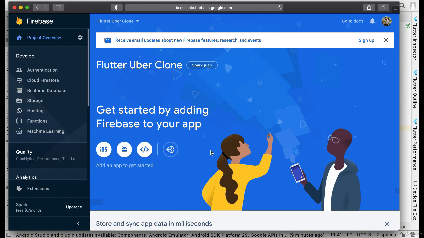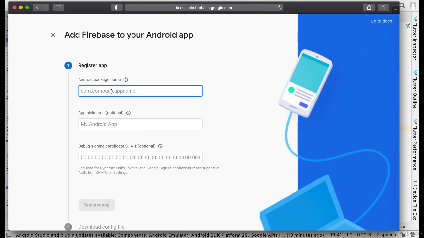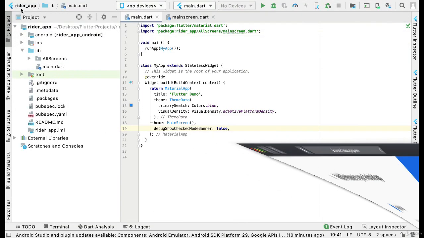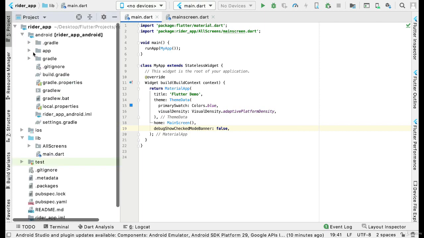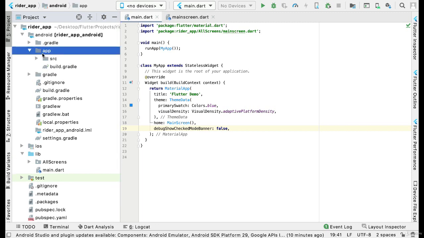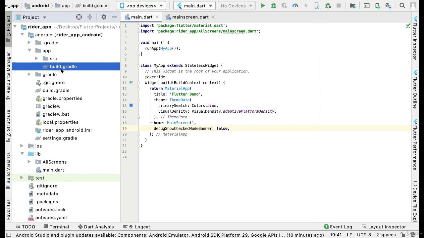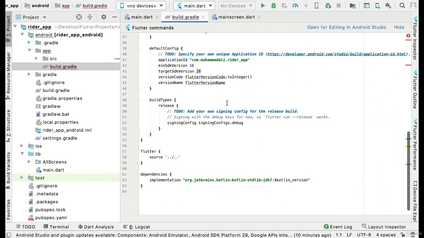So first of all let's connect it for the Android. Click on this Android icon and here we need to provide the package name. For that, go to Android Studio, to your IDE, and here you will see Android. Extend this and in here we have this app. Inside this app directory, we have this file by the name build.gradle. Double click on it and when you scroll down, you will see this application ID which is our package name. You need to just copy this,